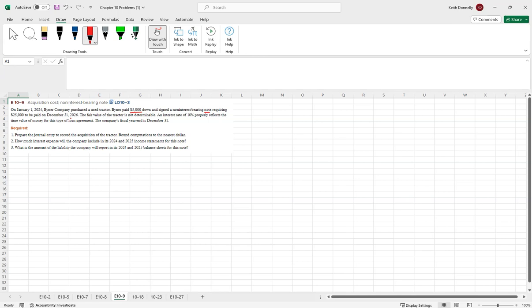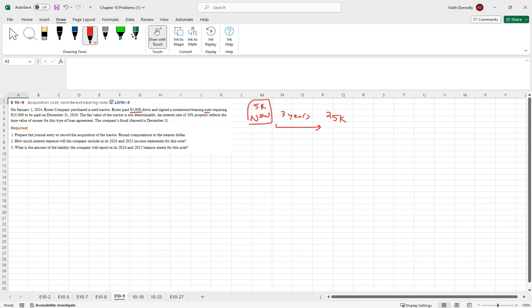So we're in 2024, 2025, 2026, so 3 years. So we pay $5K now, and then we sign a note payable that says, hey, in 3 years, we're going to pay $25K